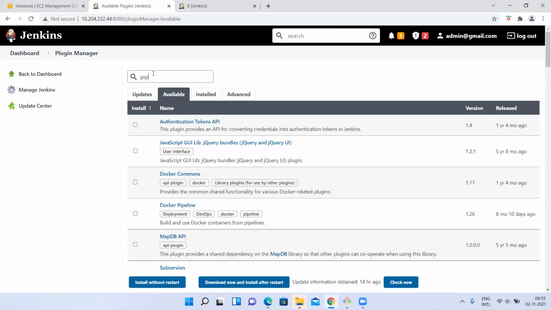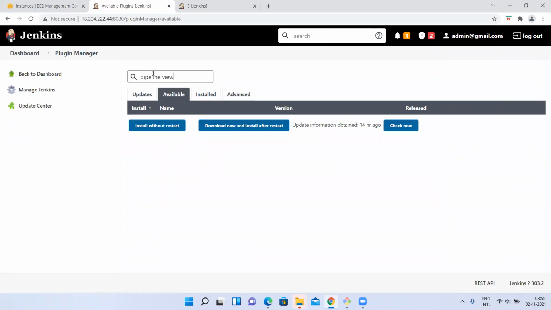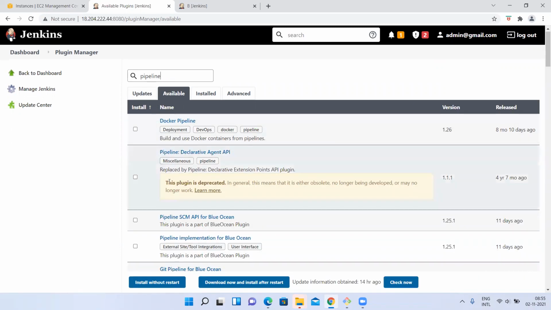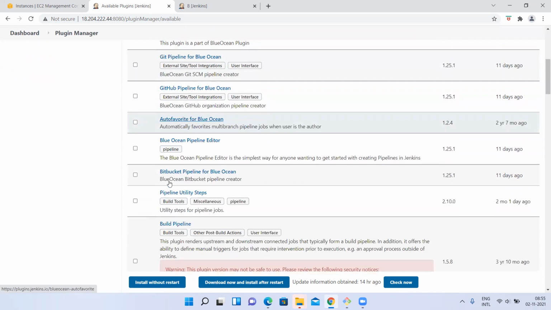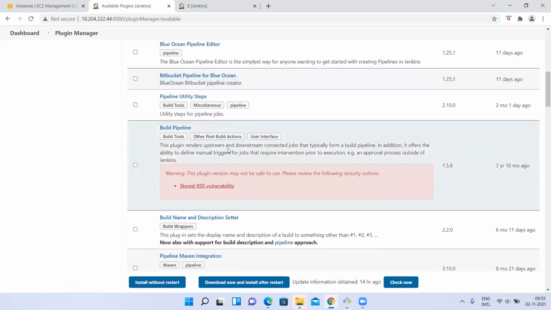So I am going to add one plugin called pipeline. Build pipeline, the plugin. Okay, I think this is the plugin. I forgot the plugin name.